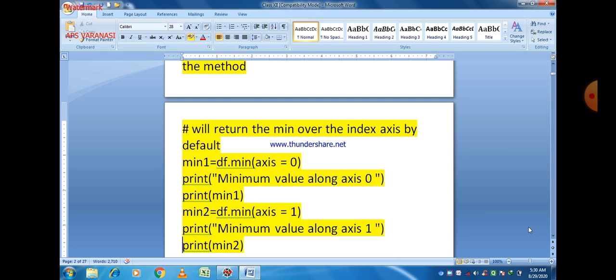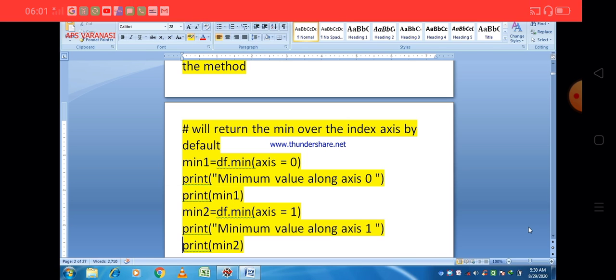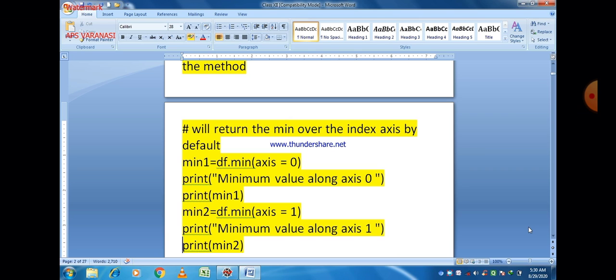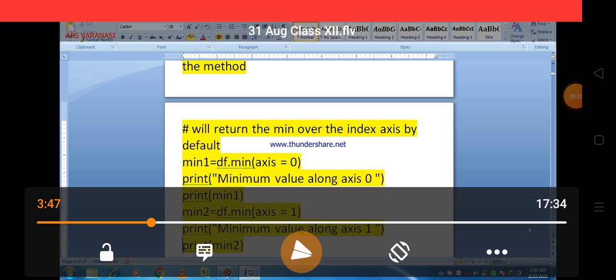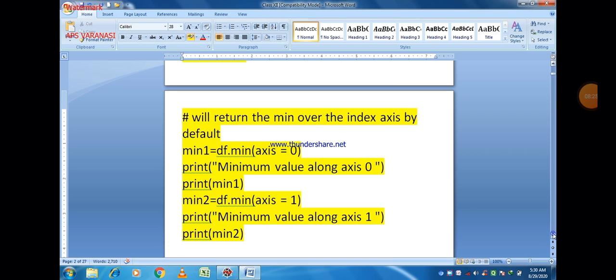And there is another parameter named skipna. If you want to skip the NaN values, then for that purpose you can use skipna is equal to true. By default, skipna is equal to false. So that is the program to find out the minimum and maximum value along axis 0 and along axis 1 in a data frame. So let us execute this program and try to find out the answer.